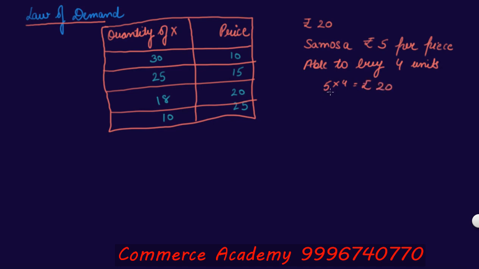Right? So the purchasing power of yours is 20 rupees. The price of the product is rupees 5, and what you can buy out of it is 4 units